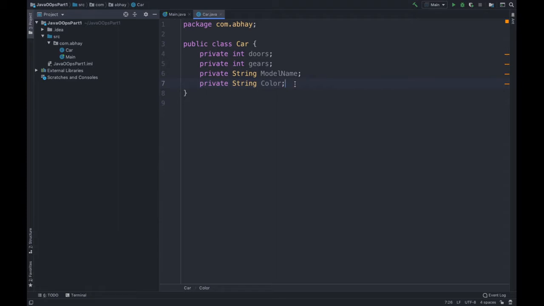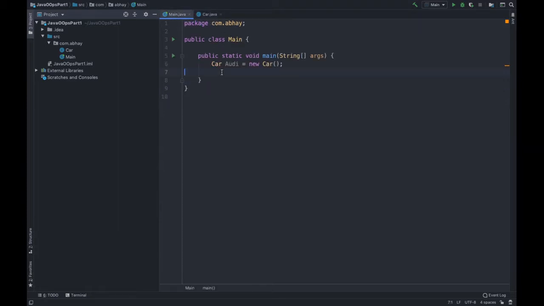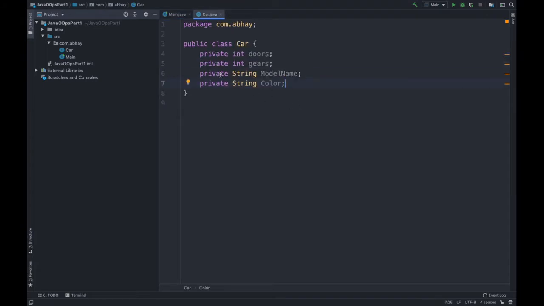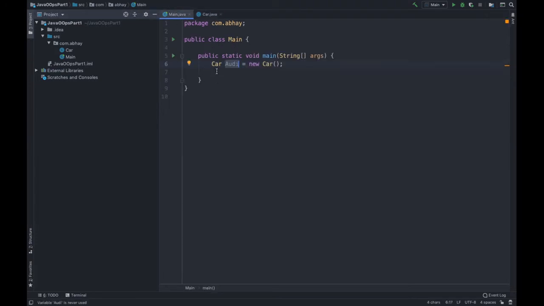Okay, so in the previous video, we saw how we declare a model name of this object or of this class. What we had done was simply change the access modifier from private to public, and we typed od dot, and as you can see, we got model name and we set it to r8. So that's how we set the model name, but we have also discussed that this is not the right way to define a model name because we are defining encapsulation, so we have to take care of that.